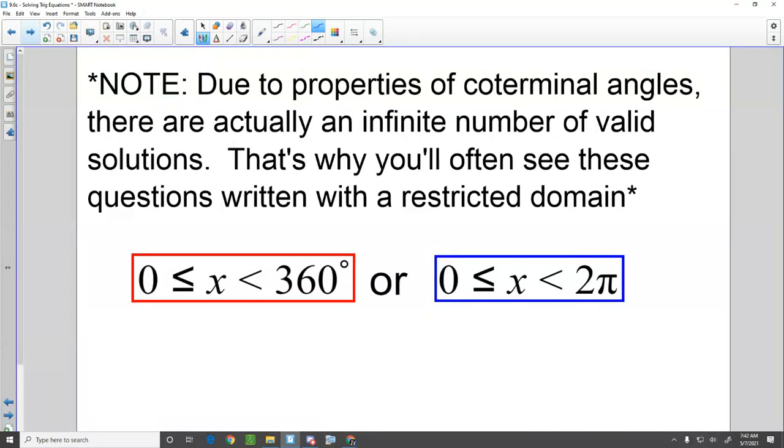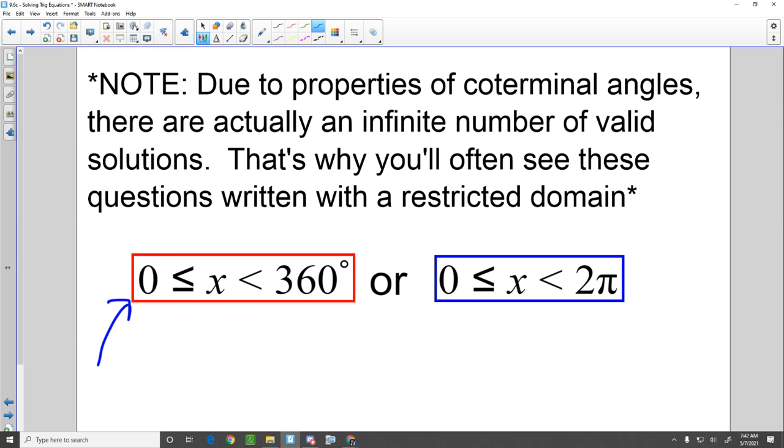One thing I do want you to be aware of, I kind of mentioned this earlier, is that there's an infinite number of solutions if I keep on spinning around the unit circle from these coterminal angles. Again, you don't need to write this all down. This is just for your own knowledge. Oftentimes, I'm only looking for just that one angle on the unit circle. So sometimes when you solve problems, like on Delta Math, for example, and in later courses in pre-calc and calc and stuff, you'll see the question asking, hey, solve this equation, and then you'll have something like this written,